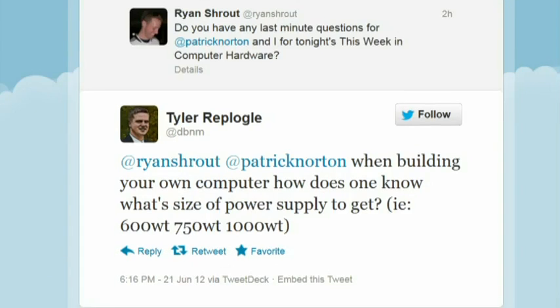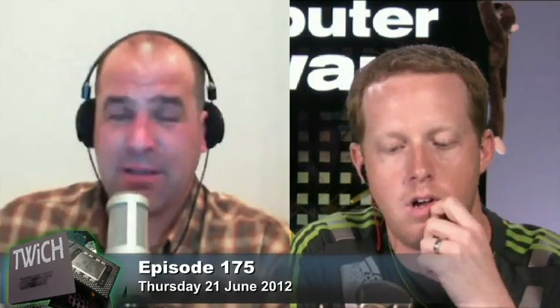I'm going to defer to you on this one because, until I finally start going into dual GPUs, I just grab the cheapest quality 750 or 800 watt power supply I can get my hands on at the time. Because for some reason, I've decided I need more power than I actually need. If you just Google PSU calculator, there's one called the Extreme Power Supply Calculator, and it's been around for a long time, and it's not